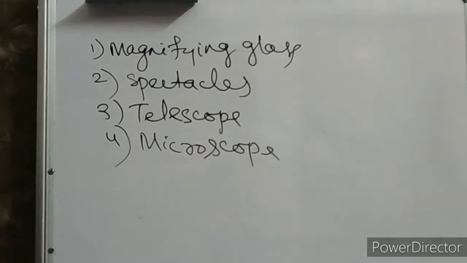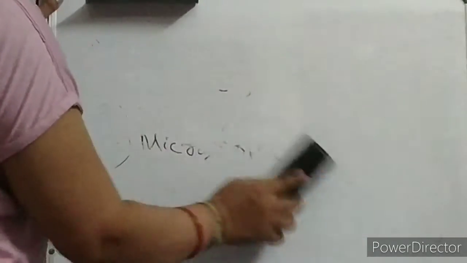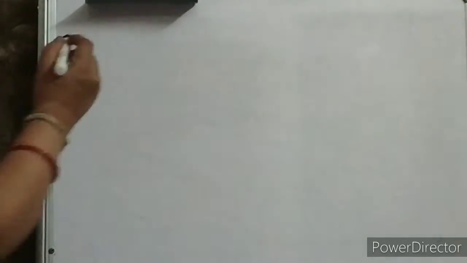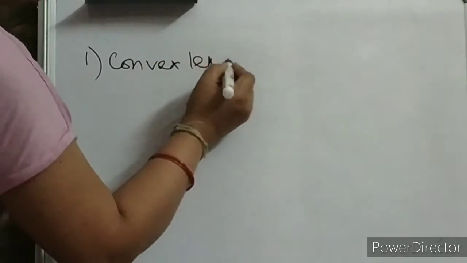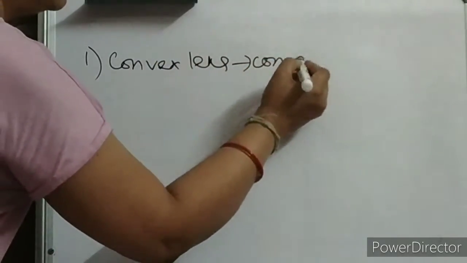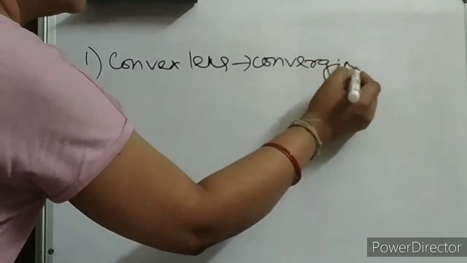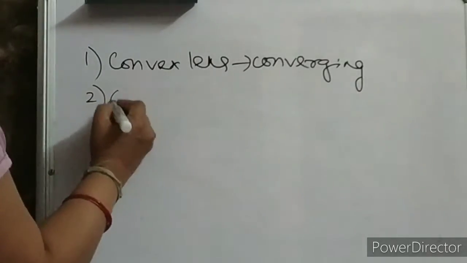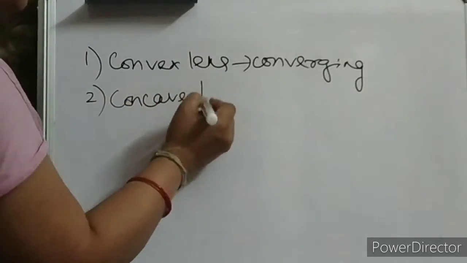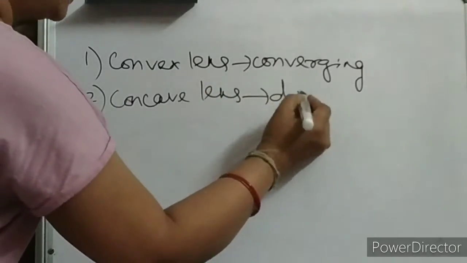Okay. Now we got the intro. What is the spherical lens and what are the types of lenses? Now we are going to discuss the components of these types of lenses. So first, there are 2 types of lens that we are going to discuss. First is your convex lens or simply converging lens. This thing you know. And the second one is, tell me, the concave lens or simply diverging.